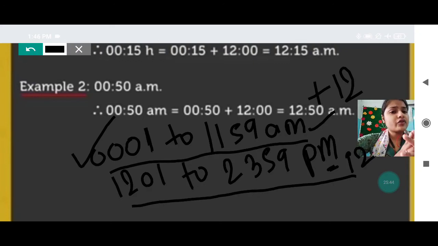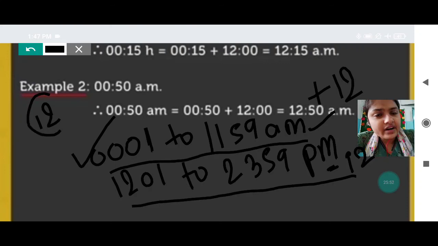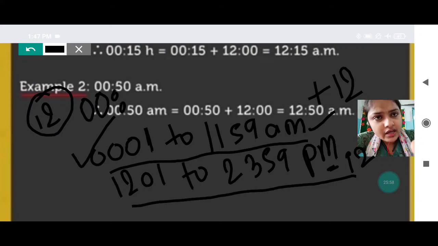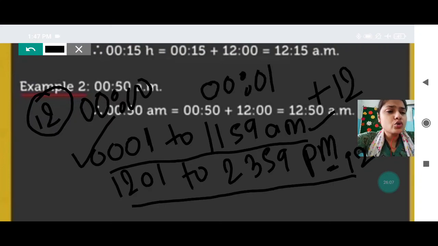It's very easy. 0001 means one minute after 12 o'clock, because exactly 12 is not written. In 24-hour clock we don't write 12, it gets converted into 00. So 0000 is exactly 12, but just after 00, from 0001 to 11:59 in the day, that is, the next day, if you convert this kind of timing to 12-hour clock timing, then 12 will be added and AM will be written with that.